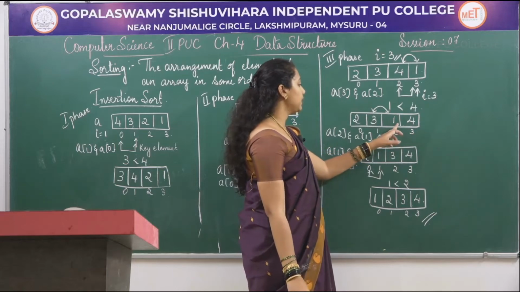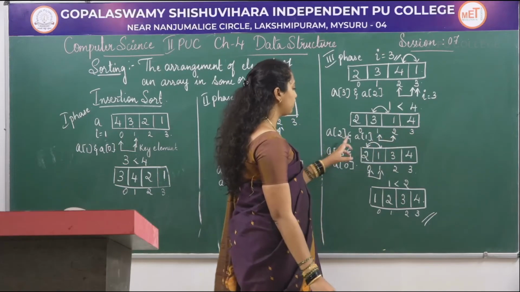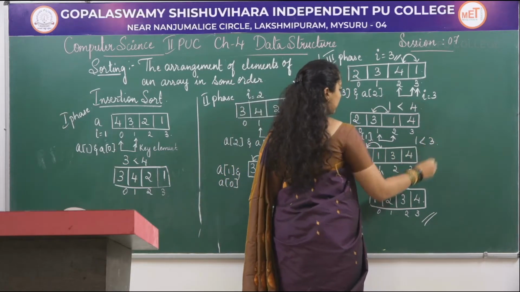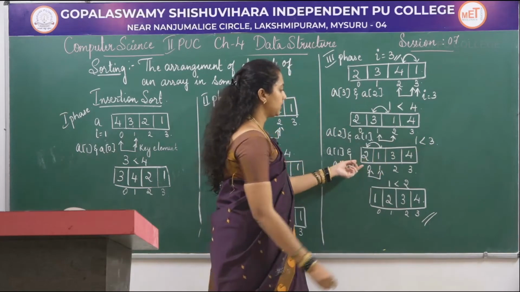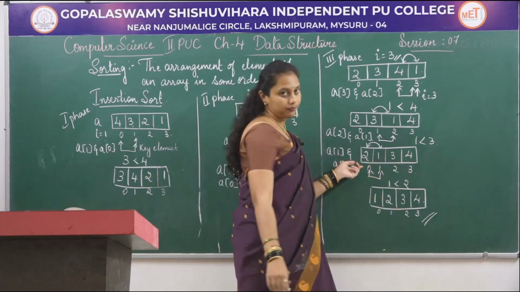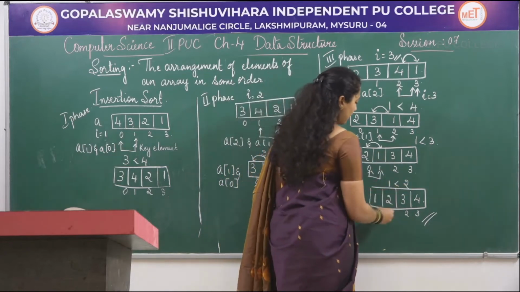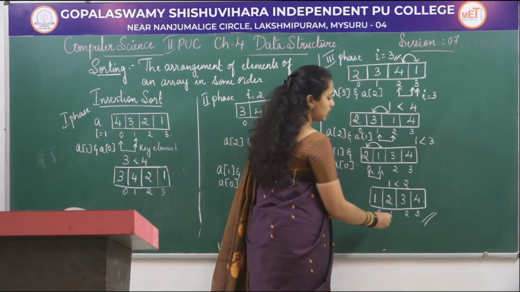Next we have compared the elements, that is A of 2 and A of 1. As 1 is less than 3, the array elements get swapped, that is 2, 1, 3, 4. In the next, as 1 is less than 2, the array elements get swapped. So this is the output of the